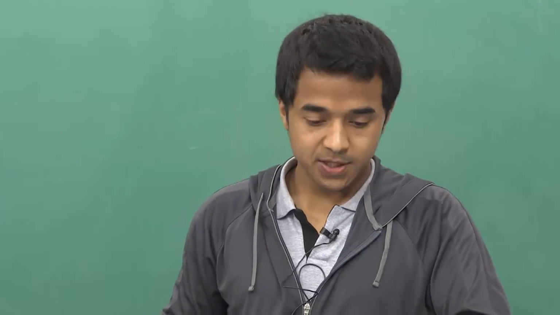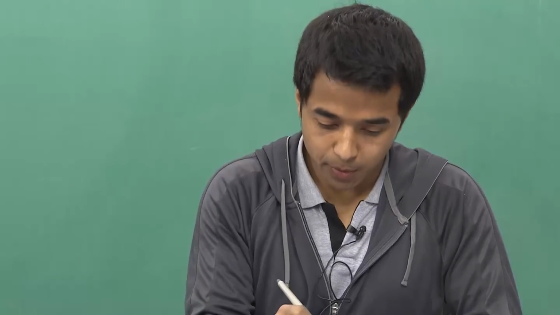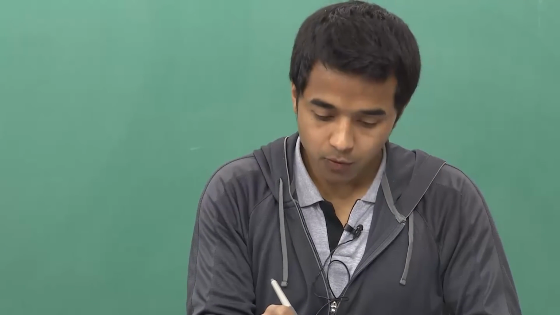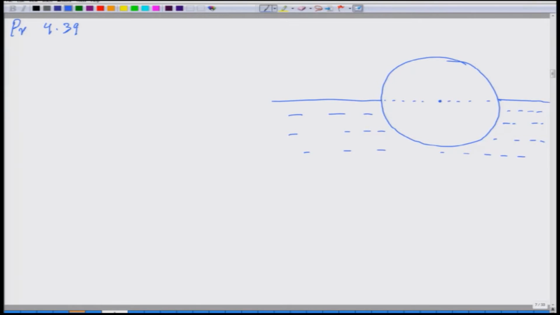Let's continue with the same assignment from problem number 4.39. So here what you are having is a conducting sphere maintained at the potential V naught, embedded in a medium of susceptibility chi e. So what we are supposed to find first of all is the potential anywhere in the space. So obviously I should be solving this Laplace equation,